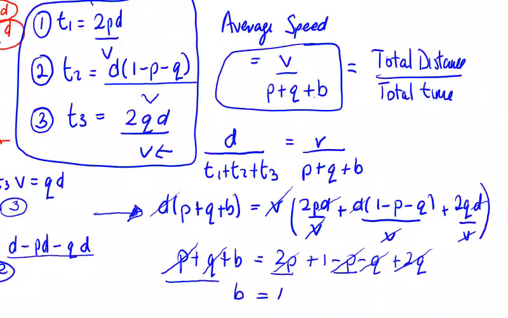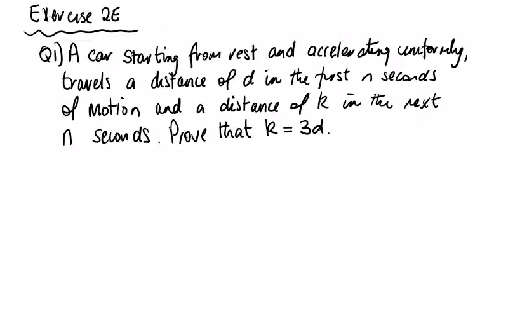So let's go on and do exercise 2e. Question 1. A car starting from rest. So if you want to put your information in as you go, u is equal to 0, accelerates uniformly and travels a distance of d. Okay, s is equal to d